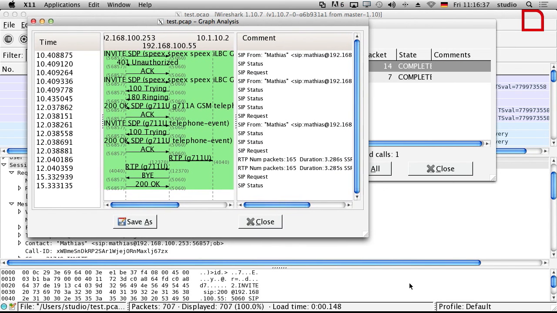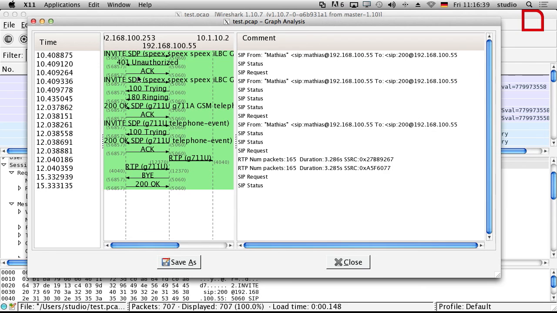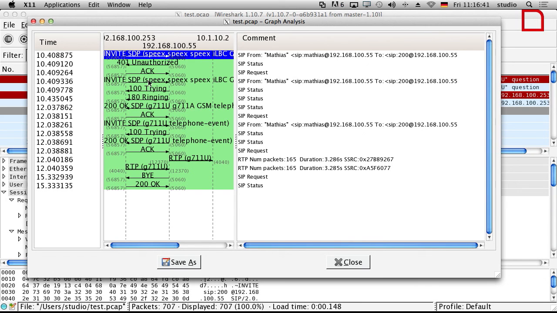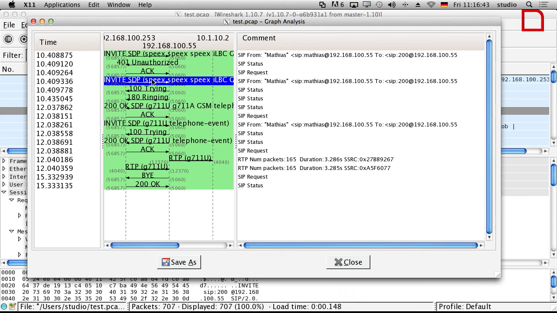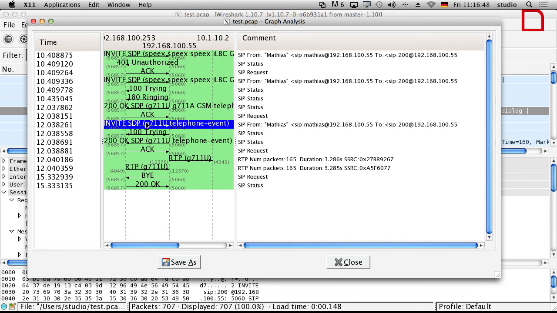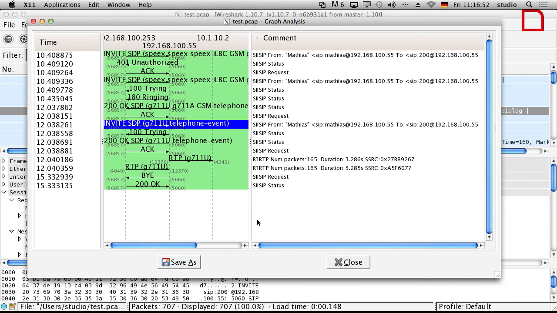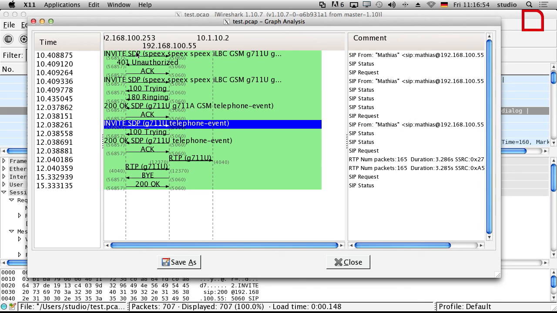And again, this is the first invite, the unauthorized one. The second invite with authentication. And then we have a third invite. And then the RTP flow goes on. And what you can see here, from here to there, is our test network,